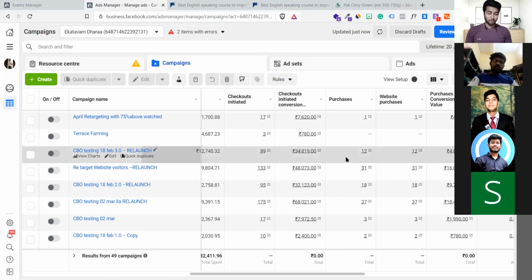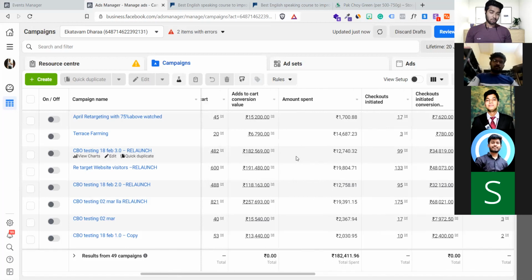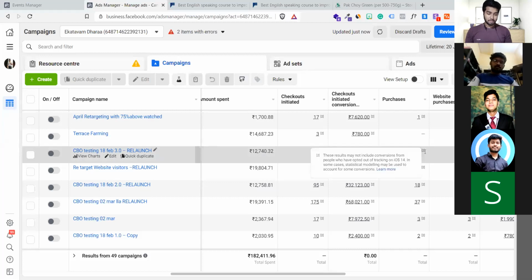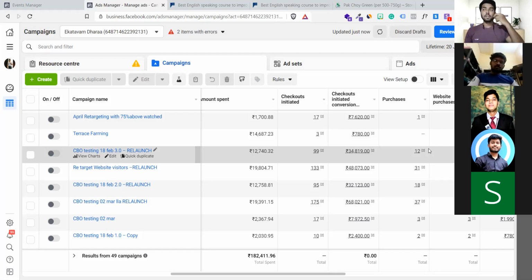You got this? How powerful is this? You can track through this how many people are adding to your cart, how many are checking out, and exactly how many people are converting. If people are not converting well, it means something is wrong in the system. That is why you must know how to track performance before running any advertisement.